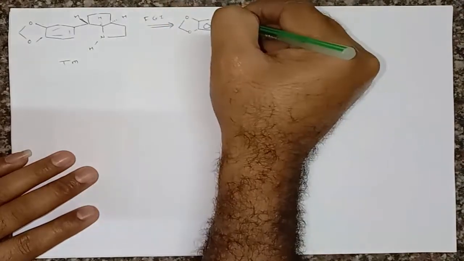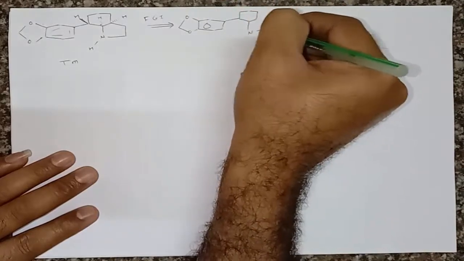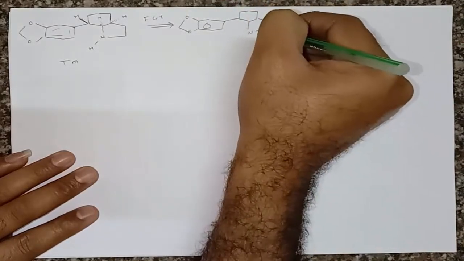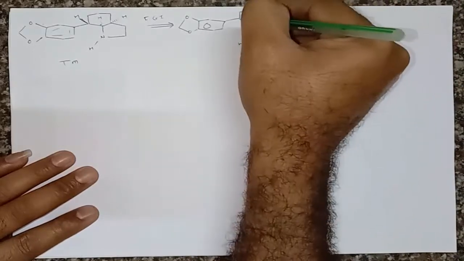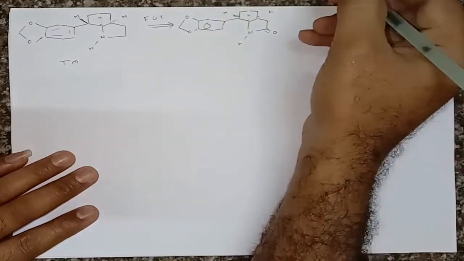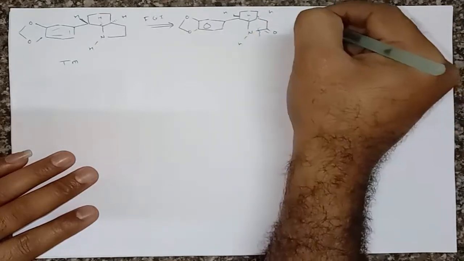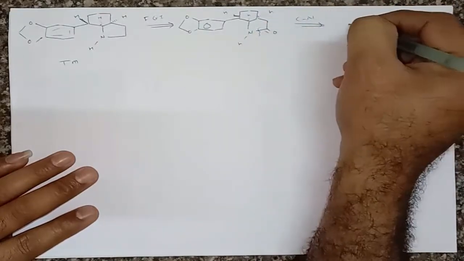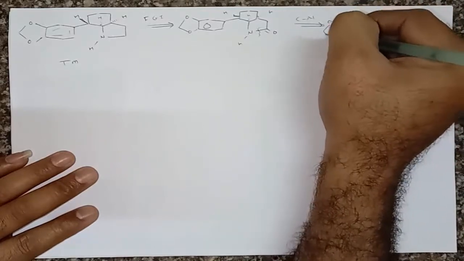in this way. Here we can take an amide, C double bond O NH, and then the remaining hydrogen will be the same in this way. Now we know that there is a cyclic amide. We can break this CN bond, and after breaking this CN bond, what do we get here? We get a